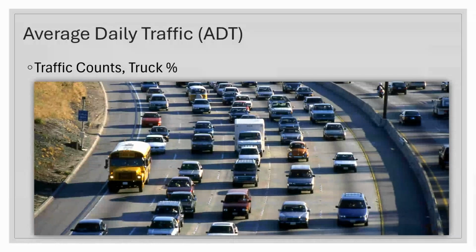All right, so we talked about what's under the pavement. Next, we'll look at what's on top. So traffic. We need to know what kind of traffic we're going to have on the pavement. We can go out and do traffic counts and figure out what's happening now, but we're also trying to design for the future, so we really need to be able to forecast this. So we need to collect data and at least know pretty accurately what's happening now. So average daily traffic. We need traffic counts, and we also need to know the percentage of trucks.